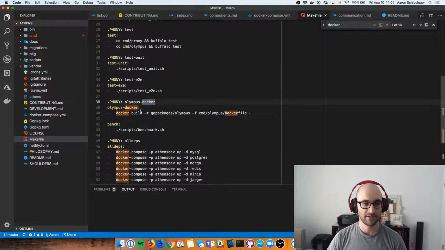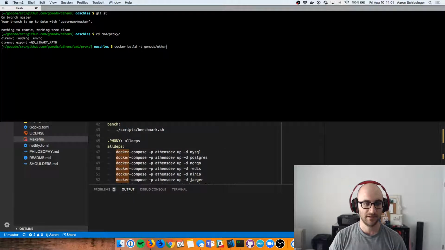All right, I'm going to copy this and paste it in here. And we're going to call this go mods Athens. I'll have to fix this up and actually put it into a PR. Command proxy